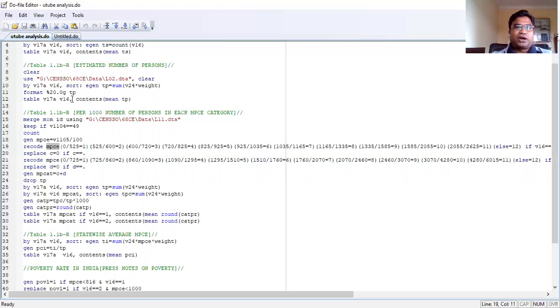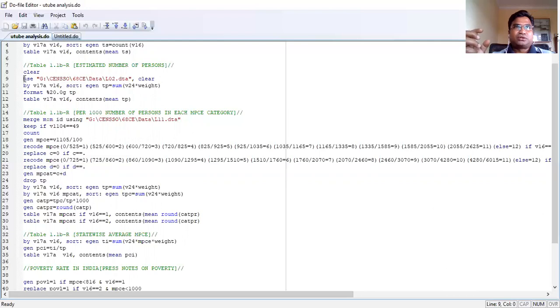Now I need to merge this with level 2, because we need to know the households, we need to calculate the total population, and we need to have a household size. The household size variable you may find in level 11, but I think that's not a very consistent variable in level 11.